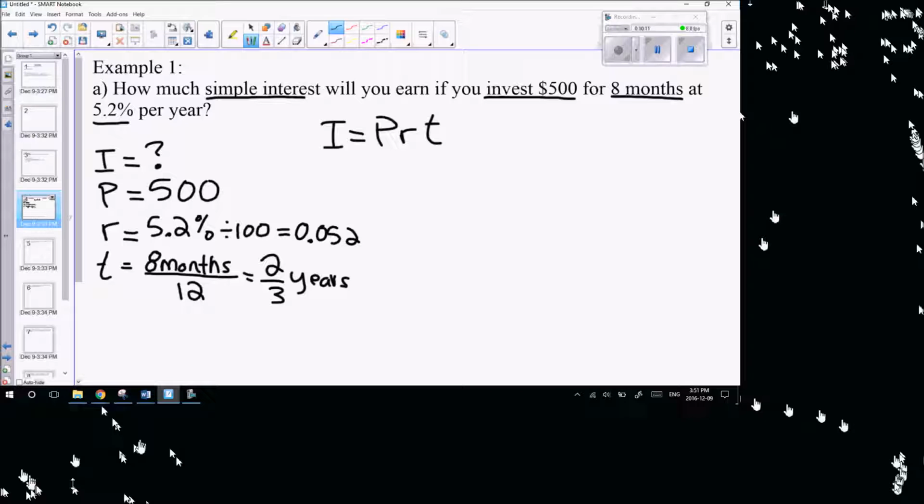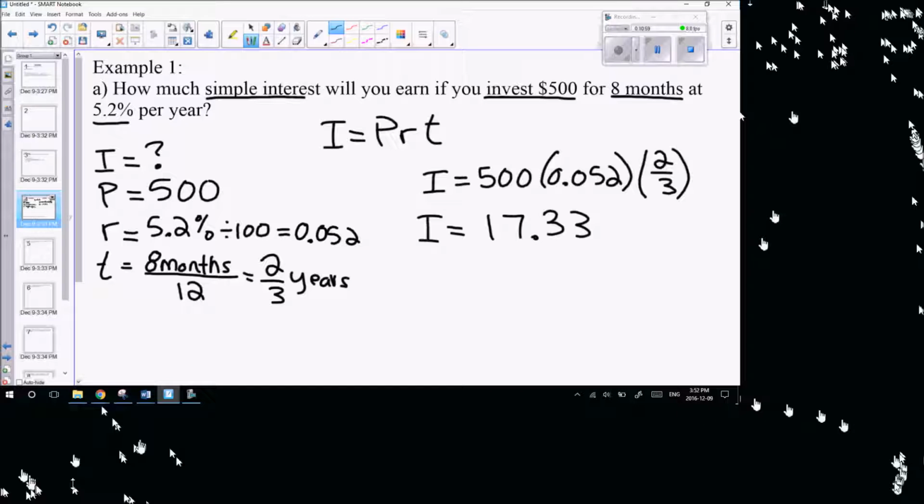Now that we've listed all our key pieces and we know our one unknown value, let's plug it into our equation and solve. So I is equal to our 500 multiplied by our rate of 0.052 and multiplied by our number of years, which is 2/3. When you're typing that into your calculator, you can type that in all at once if you like. Do 500 multiplied by 0.052, then multiply that by 2 and divide by 3. So you can do that all at once. You don't have to show the separate steps. And you should get